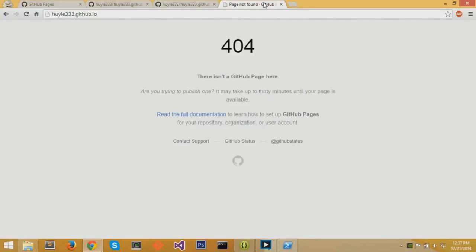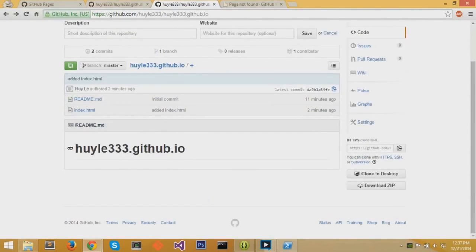And GitHub is this huge system. There's a lot of users who are using these GitHub web pages. So it'll take a second, 30 seconds, sometimes it takes really quick to 2 minutes. But in the meanwhile, we're going to hook it up to a CNAME, or basically to a domain name